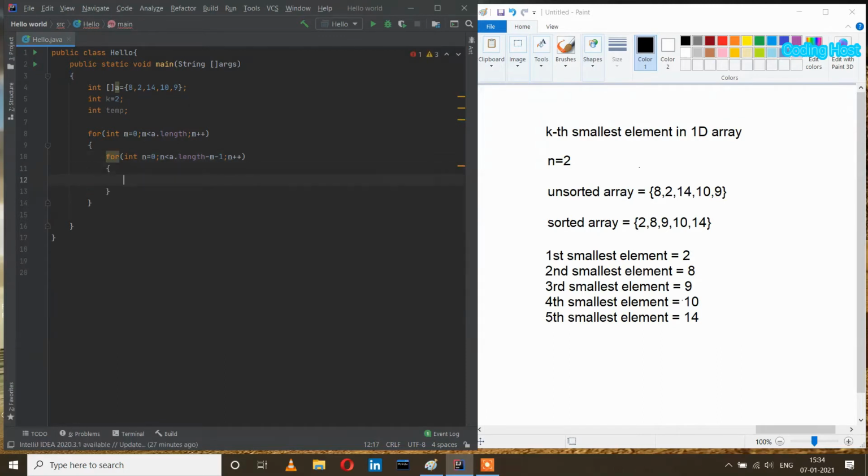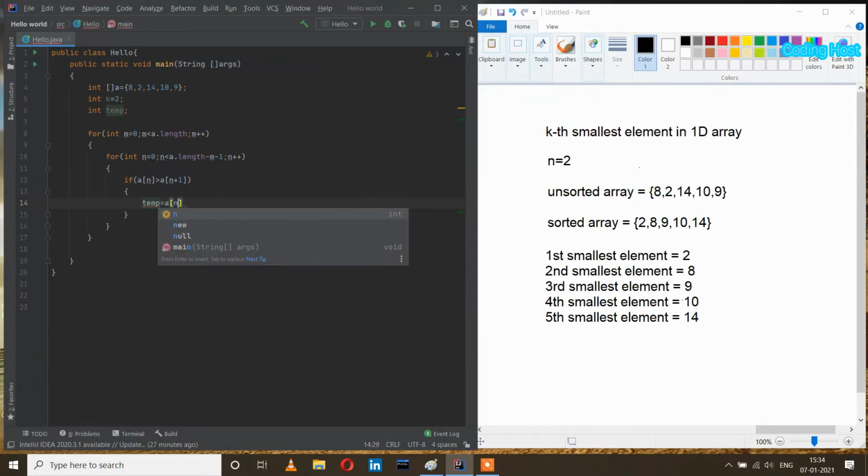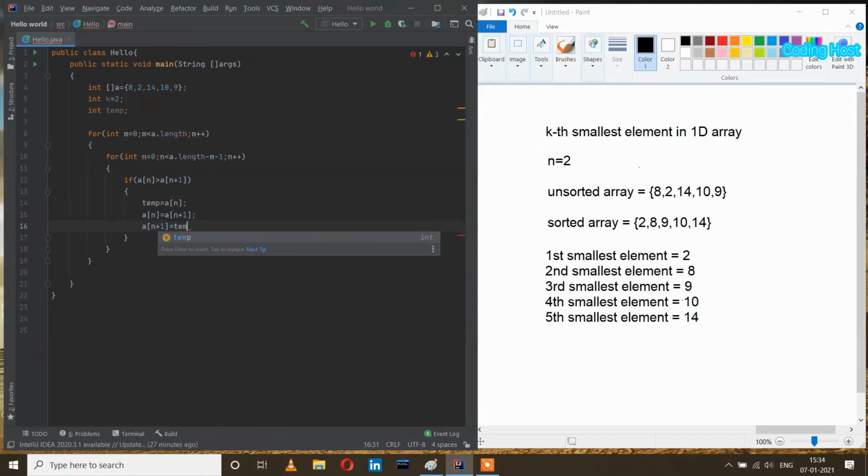In this for loop I will take an if statement: if a of n is larger than a of n plus 1, then we will swap the elements. So temp equal to a of n, and a of n equal to a of n plus 1, and a of n plus 1 equal to temp.